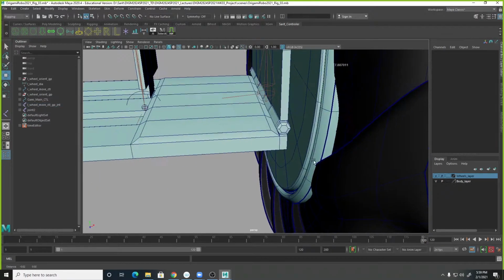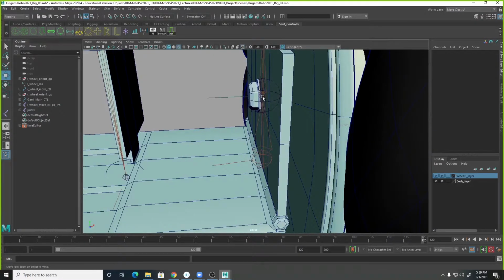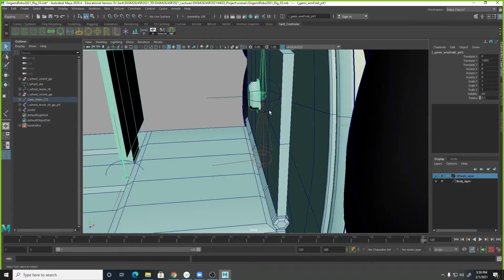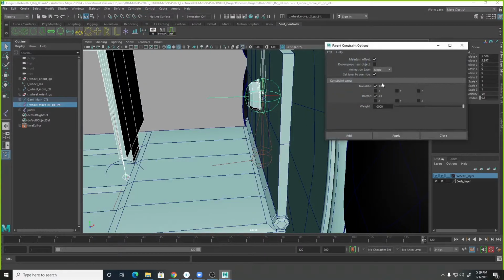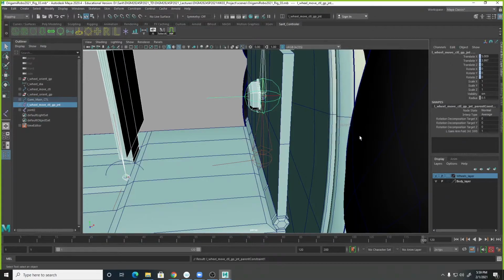Okay. So to do that, it's easy. You select the small joint first, and shift select that control GP joint, go to the Rigging menu, and Constraint. Where's my constraint? Here we go. Constraint, we can use parent constraint, because parent has translate and rotate, but no scale. Okay. So we don't want scale. And add. And that's it. So now,